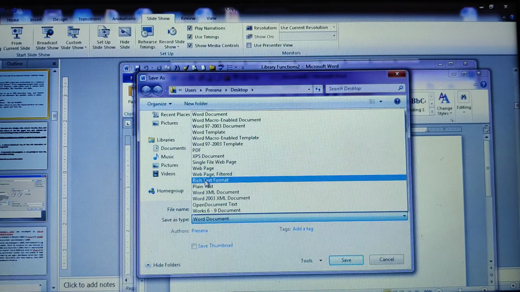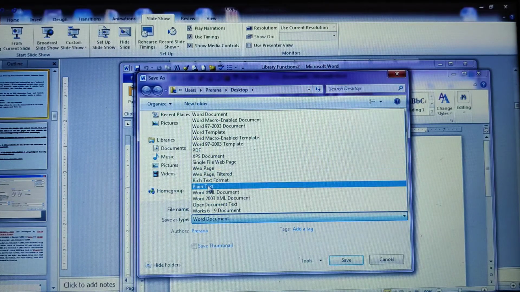In fact, if you choose RTF, that is rich text format, all the formatting you have done for your text will be saved in the rich text format, which is considered a universal Word document. Rich text format will open the Word document irrespective of the platform, even through your email, whichever platform you're sharing with your friends. Fine, that is the usage of rich text format.